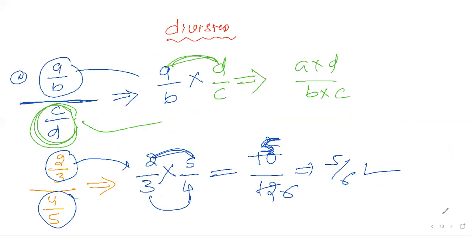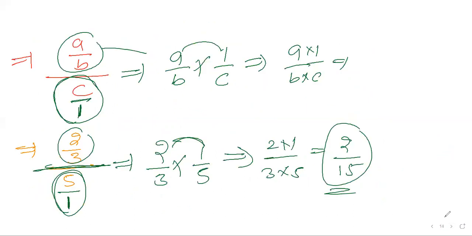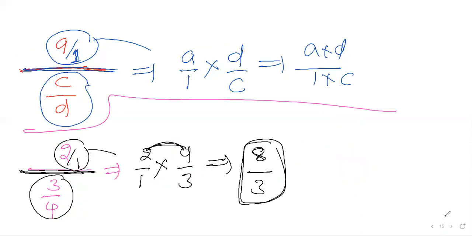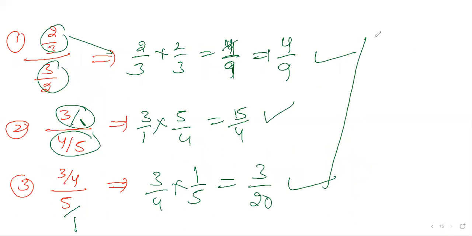These are the three models I took. First model, A by B, C by D is available. Second model, only A by B is available, the denominator is not available in the fractions. The third one, A by 1, C by D. This is the answer. So I took the three cases, how you have to do the number cases. Clear? Okay. After this, a sample analysis we have to take.